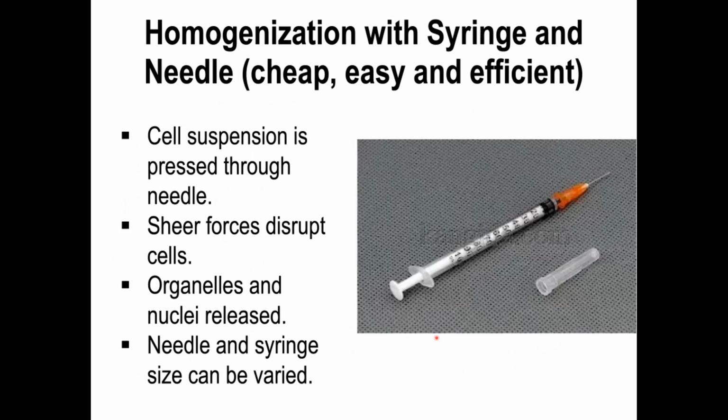A very smart and easy way is homogenization by using a syringe and a needle. And one of my goals is to show you techniques that you can easily apply yourself in the experimental setup you will be exposed to in the future. What you find in every laboratory is, for instance, a needle. This is an example of a 1 milliliter syringe, and it has an orange needle. These syringes can be exchanged for 2 milliliter syringes, 5, 10, up to 20. The needles are color-coded, and